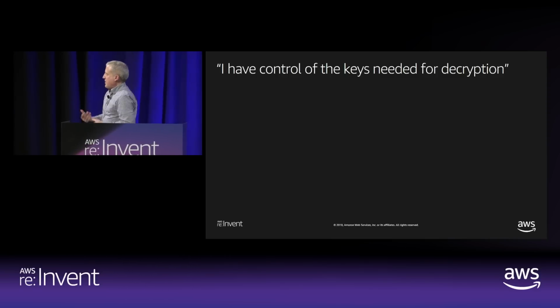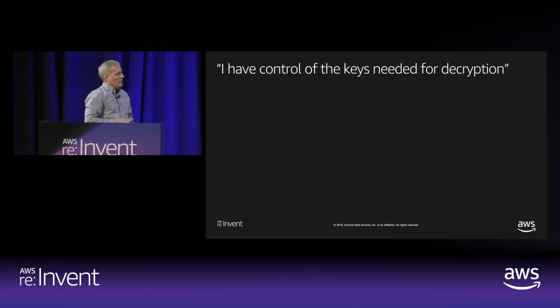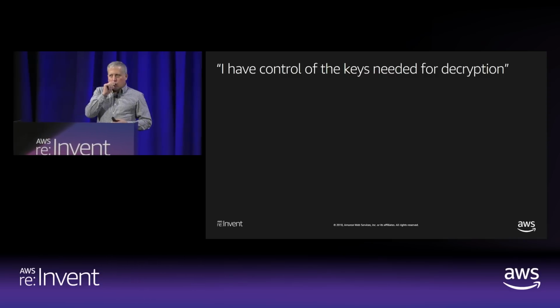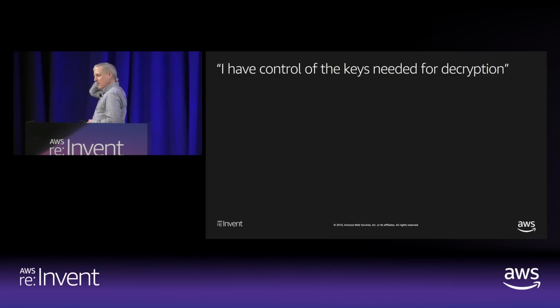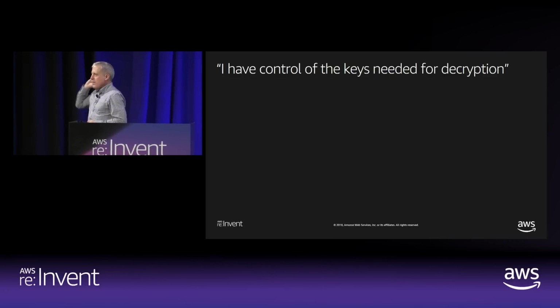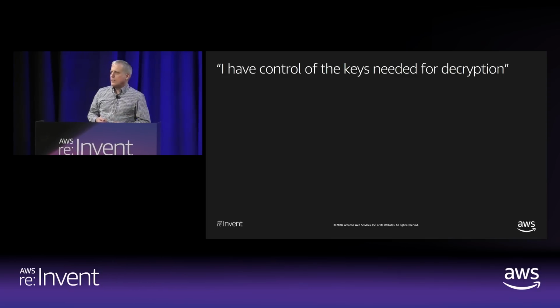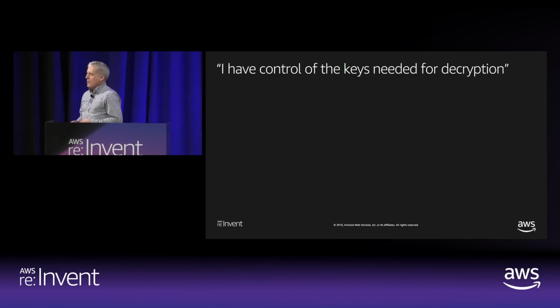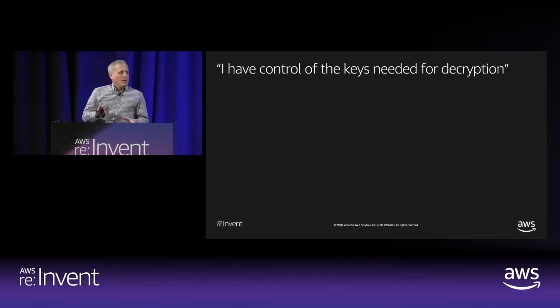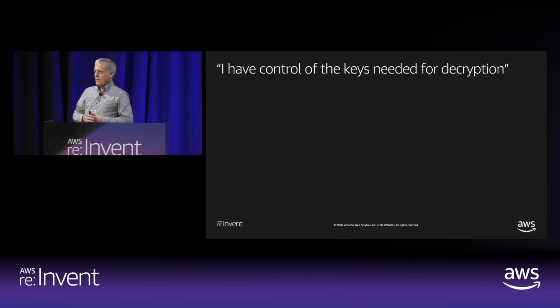If you as a customer treat an AWS data center as a hostile environment, encryption is a best practice. Now, customers will say, all right, I know encryption comes down to where the keys are, and I sort of buy the argument that maybe I don't want to be managing the billions of keys needed to encrypt petabytes of data. And I could put those keys next to my data so it can be encrypted and decrypted quickly. So I sort of buy the idea of maybe keys being in an AWS data center.